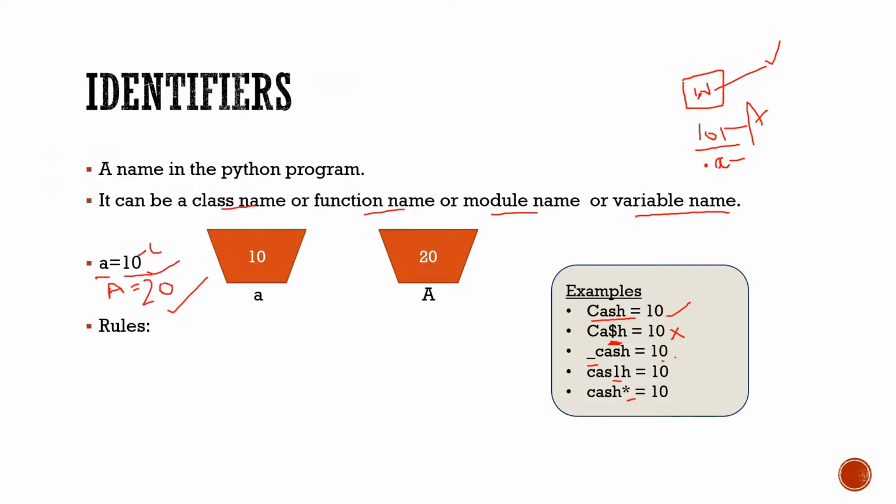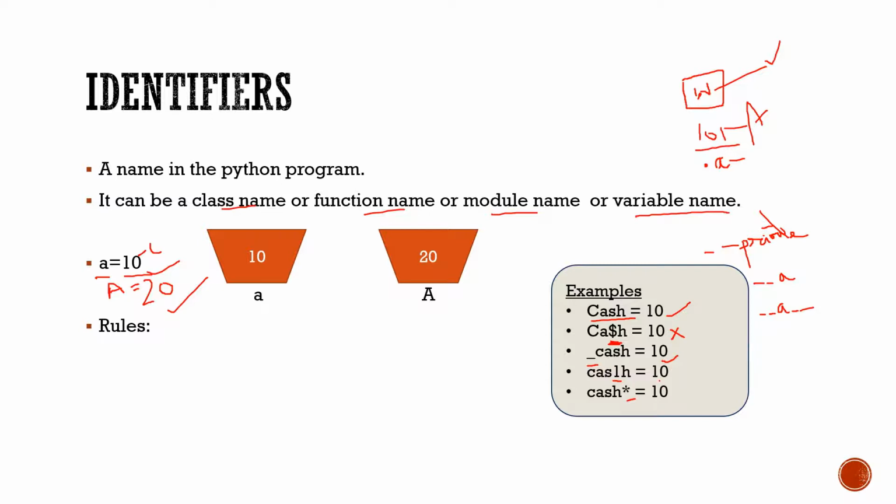Now I will tell you why it is a valid identifier. Because in Python, underscore is considered private, whose value can't be directly accessed. If you have a double underscore before an identifier name, that means it is strongly private. And if you have a double underscore before and after, then it is a magic word which has a special functionality in Python.